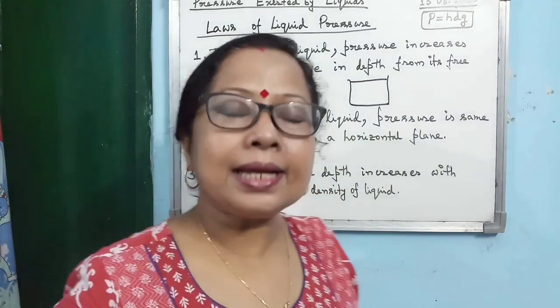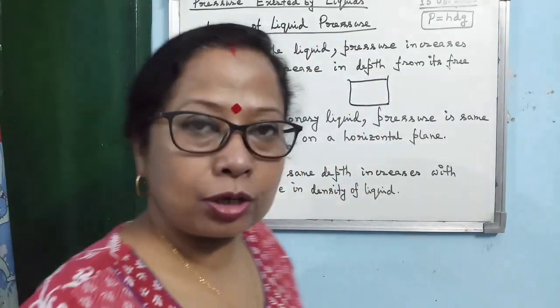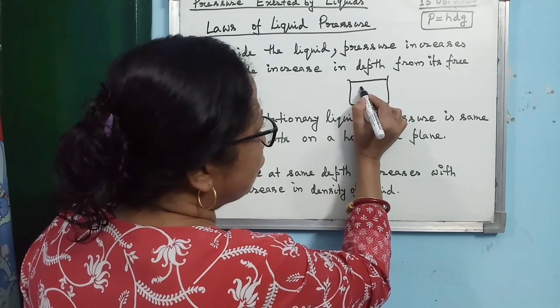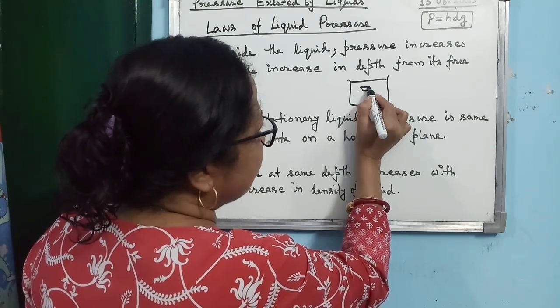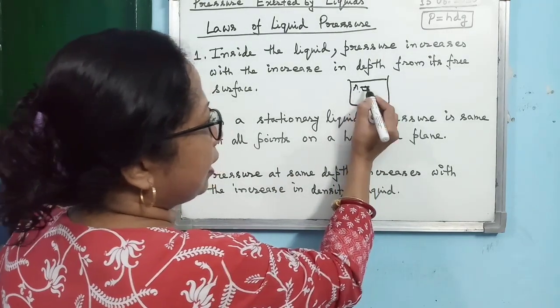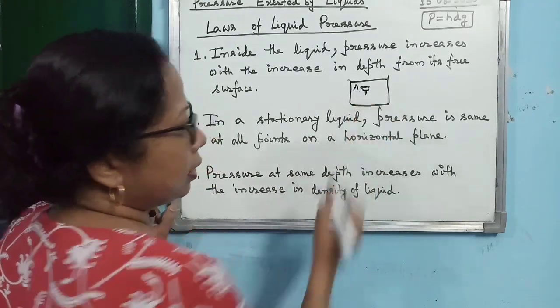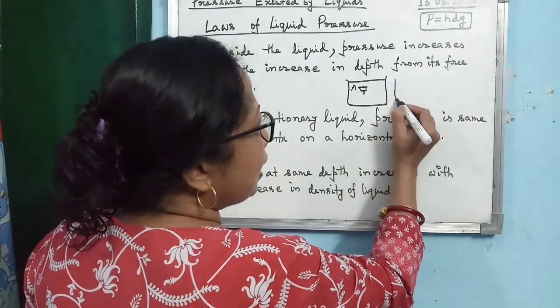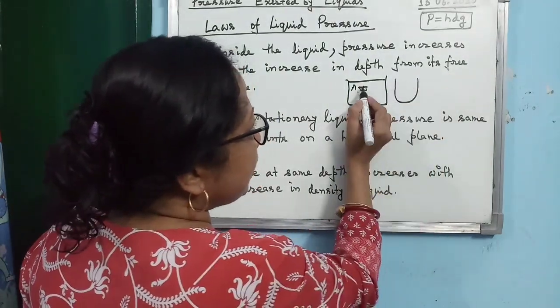The entire diagram of the manometer I am not drawing. I am just showing you the thistle funnel. So suppose you have kept the thistle funnel here. Alright, this is the point A. You have kept the thistle funnel. Alright, now the rest of the portion is here. Then you see what will happen to the U-tube here.